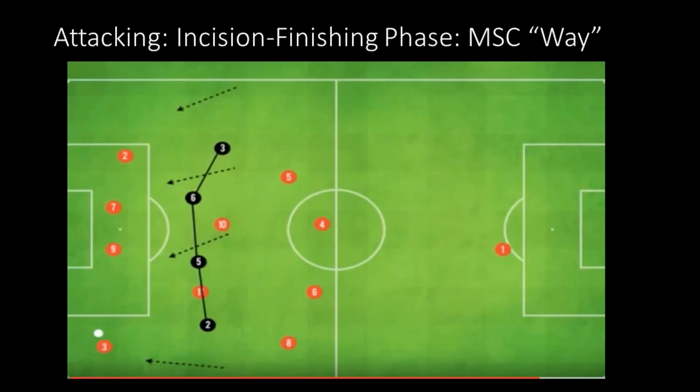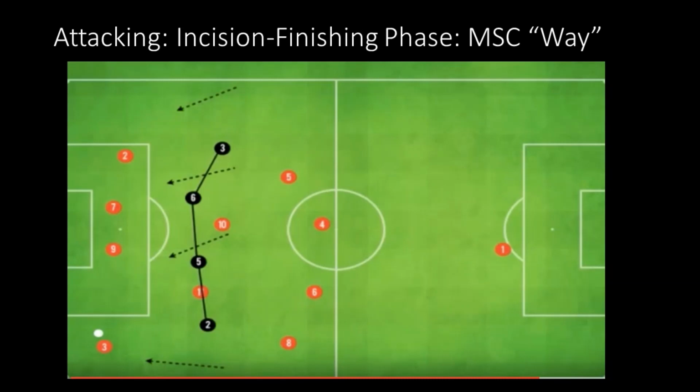I can't stress enough that defender 2 and number 3, outside back, those are two-way players. Those are players that have offensive capabilities. Those are players that are very good 1v1 defenders and smart players. It also shows, again, our tactical scheme. You could be an outside back in the build-up phase in the back and you have a certain responsibility there. Then you move up into the midfield as we squeeze the field and you have certain responsibilities in keeping possession in the midfield and trying to get into that incision phase. And then the number 3, again, now is in the incision phase and into the finishing phase, into the attacking phase and then deep.